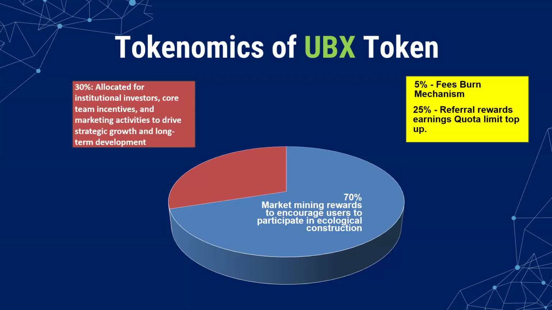But to be exact, this 30% is actually burned from the total of 70%, which is released from the mining rewards. So you can do the math yourself. Of course, to some of us this might not be important, but to people who are very into cryptocurrency, this is important because it represents the total supply of a token, which eventually will also determine the potential value in time to come. All right, so next up,